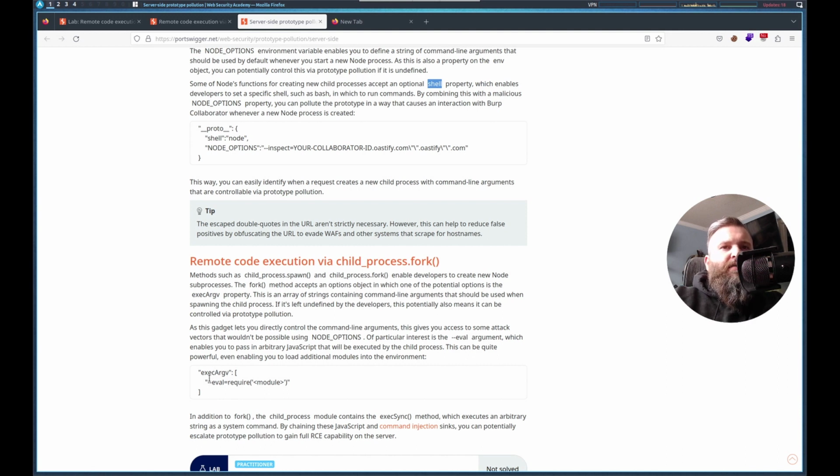Exec argv methods such as this and this. Let's try this with